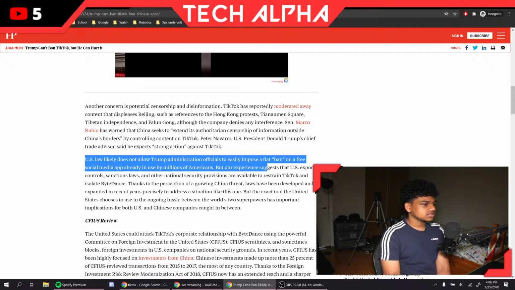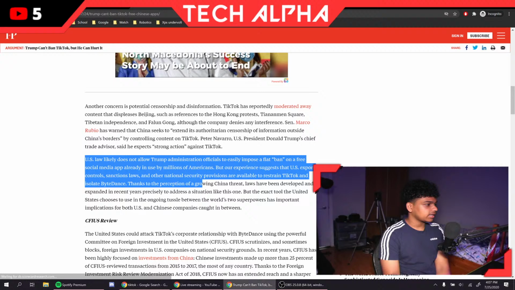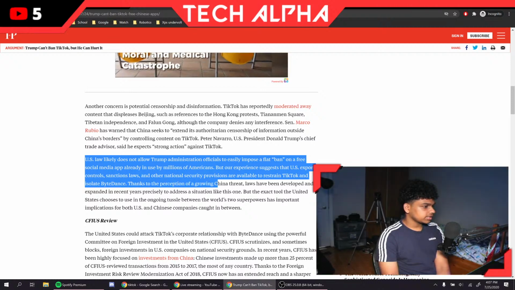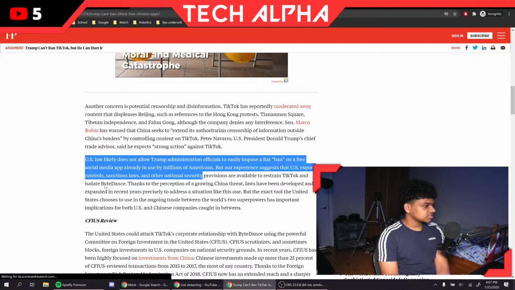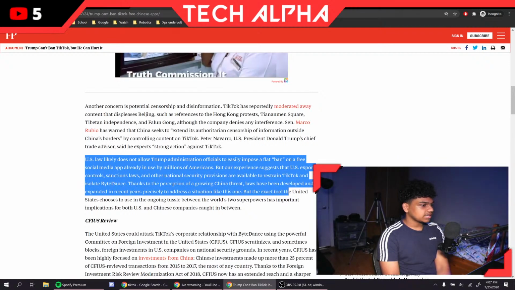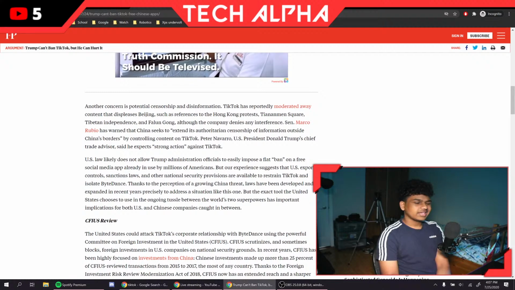But our experience suggests that U.S. export controls, sanction laws, and other national security provisions are available to restrain TikTok and isolate ByteDance. Thanks to the perception of a growing China threat, laws have been developed and expanded in recent years precisely to address a situation like this one. But this exact tool the United States chooses to use in the ongoing tussle between the world's superpowers has important blah blah blah.